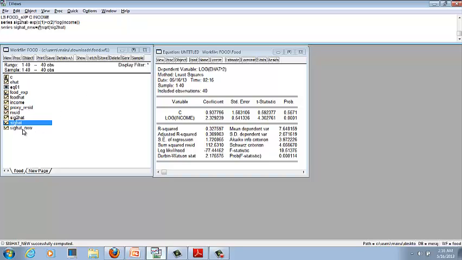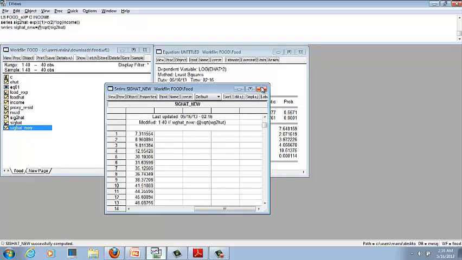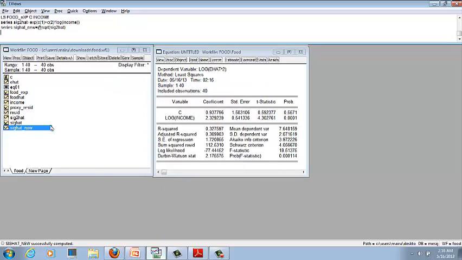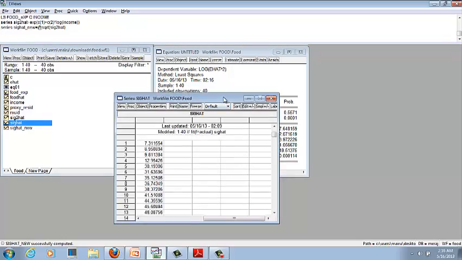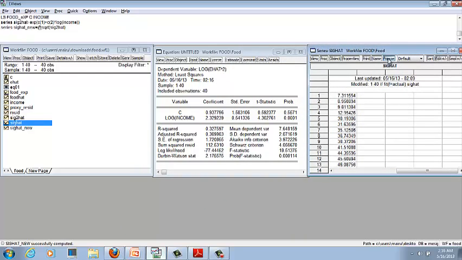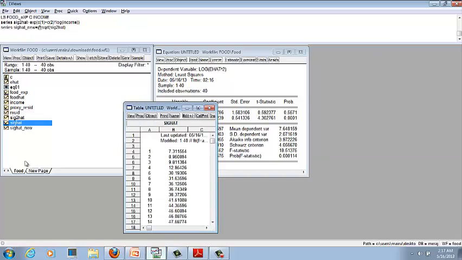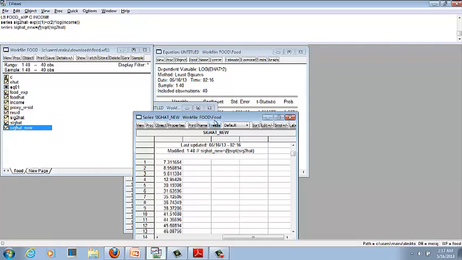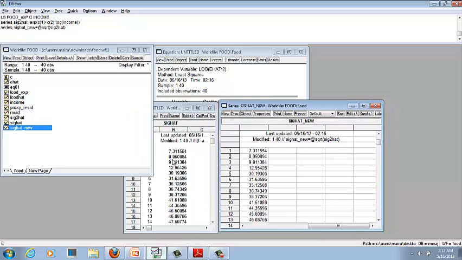Now another series has been created, and this series is same as the sigma hat. You can check these two by freezing. This sigma hat we created through the forecast function, and the sigma hat new has been created through the command line. So there's no difference between these two.